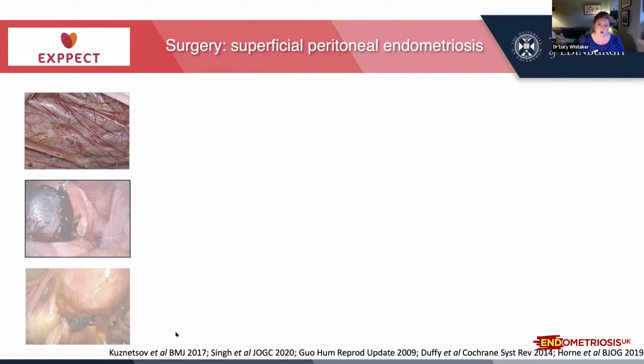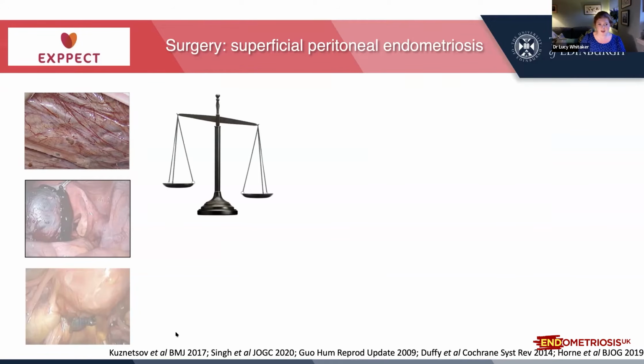So as Professor Horne said, with endometriosis, you can start to have nerve damage, and that can contribute to the pain. But what we don't know is whether surgery in itself can contribute to that nerve component of the pain, which is what we call neuropathic pain. So it's a really difficult balancing act of trying to work out what the best thing is to do for superficial endometriosis. And I think increasingly we're becoming more aware that perhaps it isn't necessarily the effective treatment that we